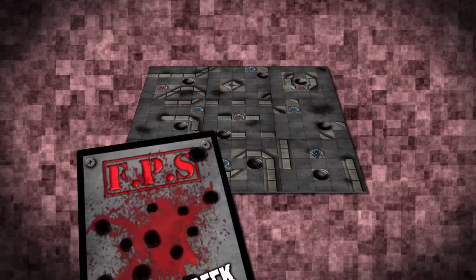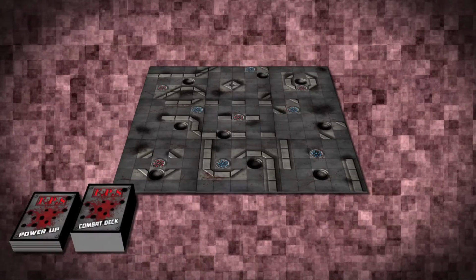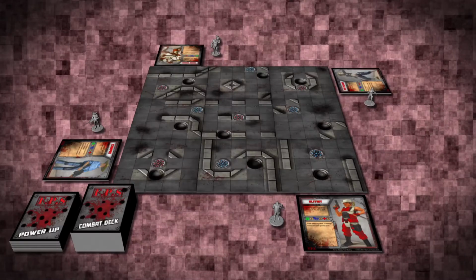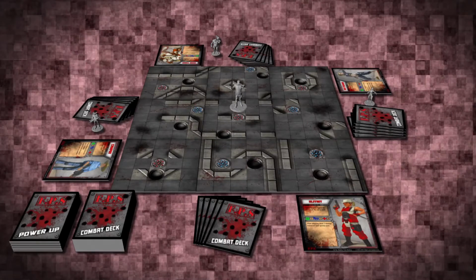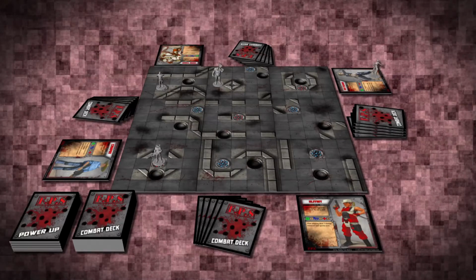Players shuffle both the combat deck and the power-up deck and set them within reach of all players. Each player chooses a character to play and places both the card and figure in front of them. Each player starts the game with 5 cards from the combat deck. Starting with the player of the group's choice and then proceeding clockwise, players place their figures on an open respawn